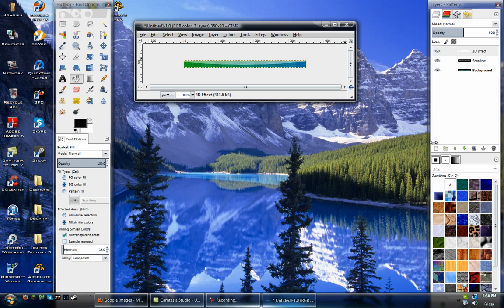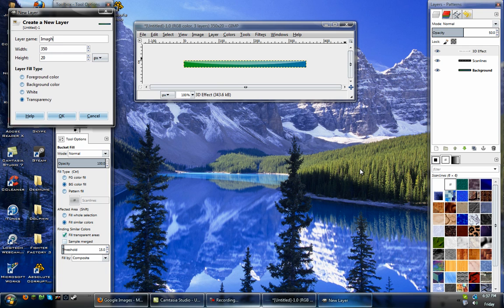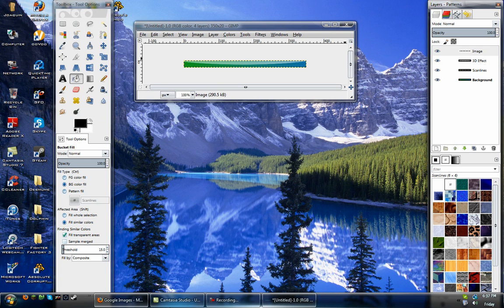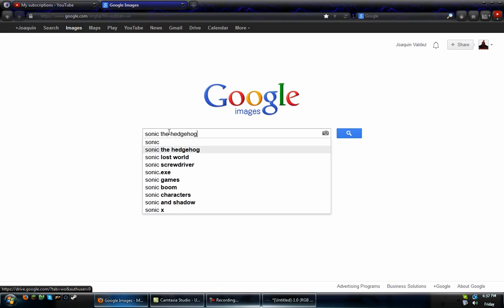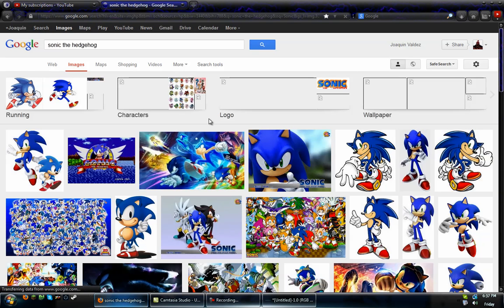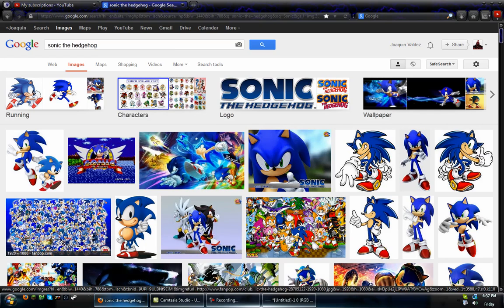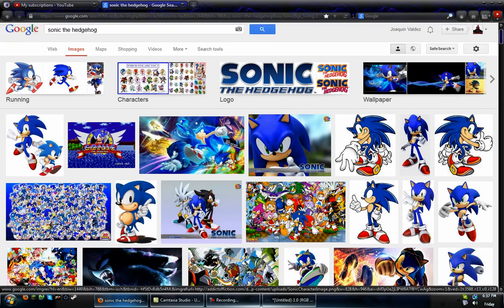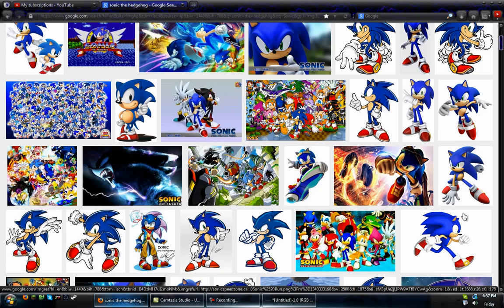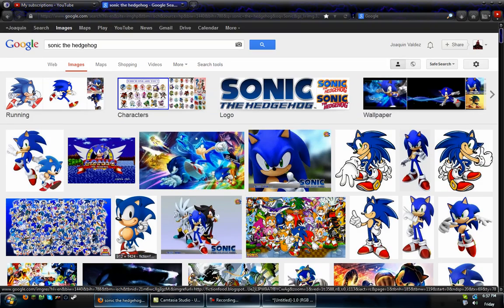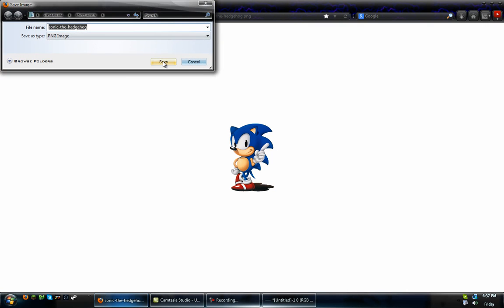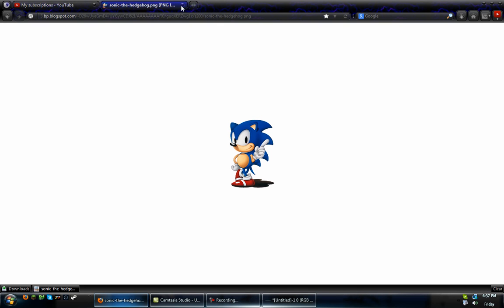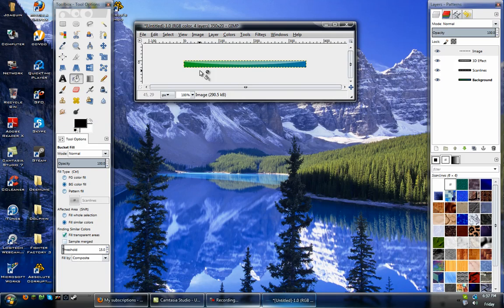Now, next step is your image. Create a new layer. And with this, you can go nuts. You can do whatever you want. For this one, I'm gonna put Sonic the Hedgehog, just for giggles. Old school Sonic or current gen Sonic, it doesn't really matter. Go old school. You save the image as Sonic the Hedgehog. Let me get rid of that. Okay. Now,